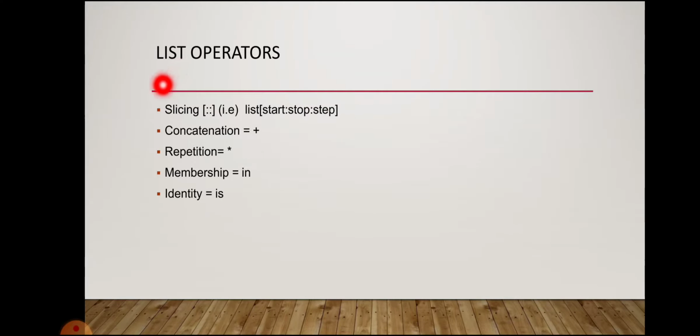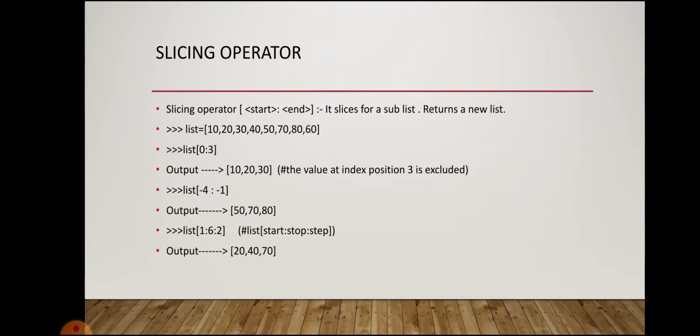Operators. There are some operations performed on lists: slicing, concatenation, repetition, membership, and identity. Slicing operator. This slicing operator has start, stop, and step. It slices out a sublist and returns a new list. If we observe here,